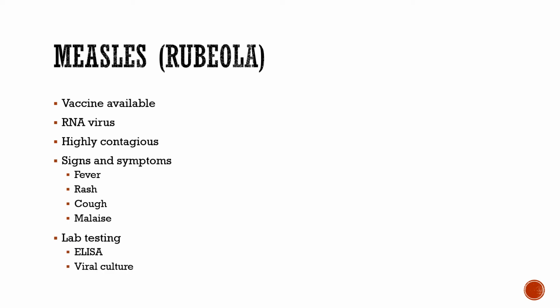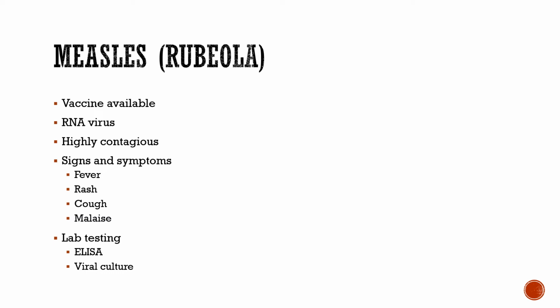Measles is also known as rubeola. Rubella and rubeola are two distinctly different infections. Rubeola is referred to as measles, and measles is a highly contagious disease caused by the rubeola virus. Endemic or sustained measles transmission has not occurred in the United States since the late 1990s. The minimal number of cases yearly in the United States is the result of the high rate of vaccination. Occasional small outbreaks from imported cases of measles primarily infect unvaccinated individuals. So there is a vaccine available, and that vaccine, of course, is the MMR.